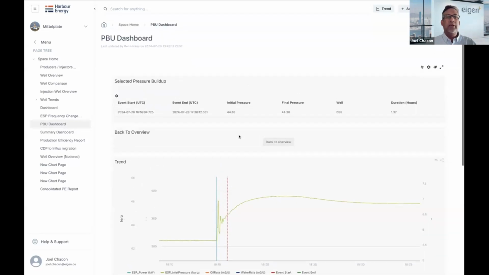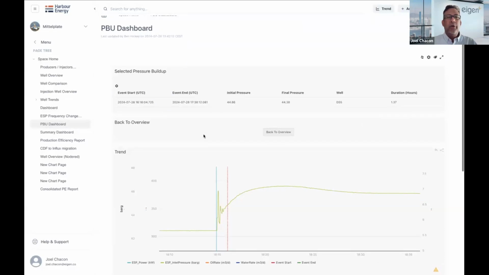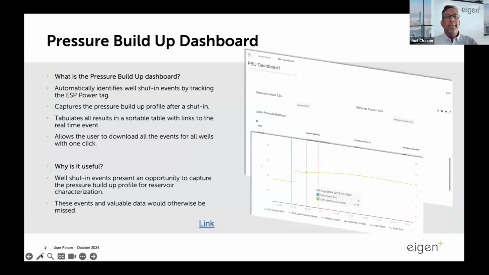I'll get into a lot more detail once I finish my presentation on how this works. So what is this? It's a pressure buildup dashboard. We work with the engineers in Harbour in the Mittelplatte field. It automatically identifies well shut-in events by tracking the ESP power tag. So when the power goes to zero, there's a shutdown of the well, and that's when the script kicks in. So we capture that pressure buildup from the beginning, from the time the well was shut in until it starts